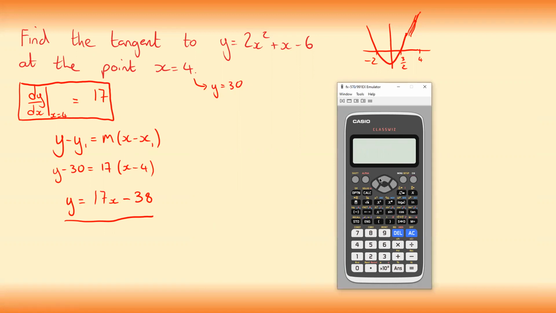So again, the way to do that is by using the shift and then pressing this integral button here to get this. Oh, I definitely pressed shift there to get this bit here. So d by dx, and then whatever you want to evaluate at. So if I want to do the same equation, so I'm going to guess here that that's about minus 3/4. So if I just put in 2x squared plus x minus 6, if I evaluate that at minus 3/4,